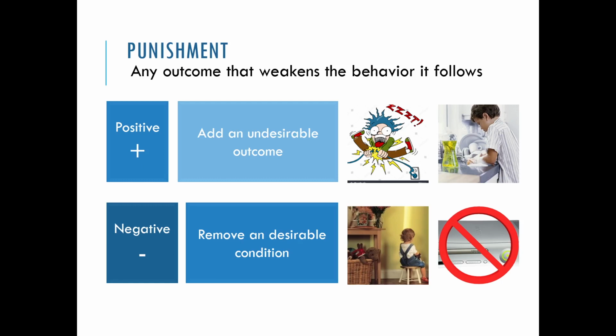I've had parents tell me that they've tried punishments on their child that just don't work. Like, I've tried taking away Xbox and it doesn't work. And I ask them, well, how do you implement it? What's the circumstance? And I'll hear that they have decided to take away the Xbox for a month. Punishments should be designed to weaken the behavior that it follows and not designed to be an assertion of power by the person